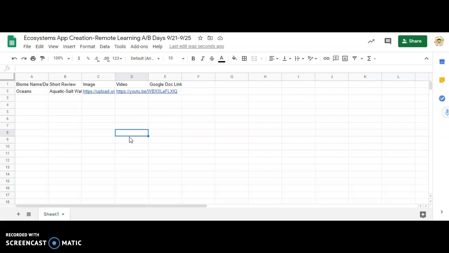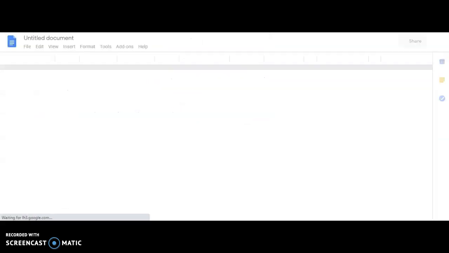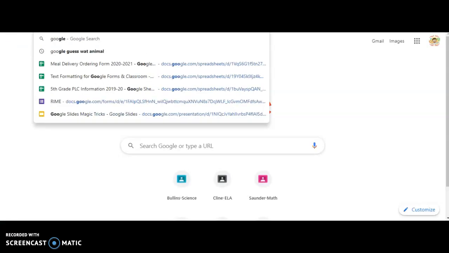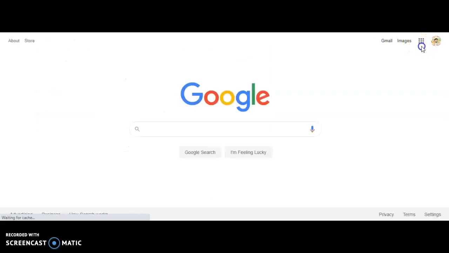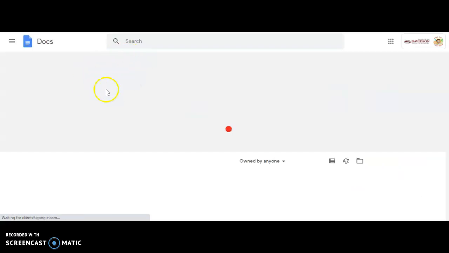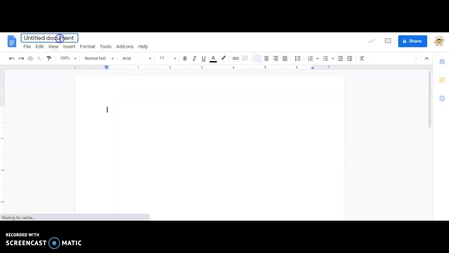Now it says Google Doc link. This is where you are going to open up a brand new Google Doc. Okay, I don't care if you open it up a little differently than I just did. If you come up here and you click in Google Docs and you start a new one, that's fantastic. Okay, now what are we typing about this time? Well, we're talking about